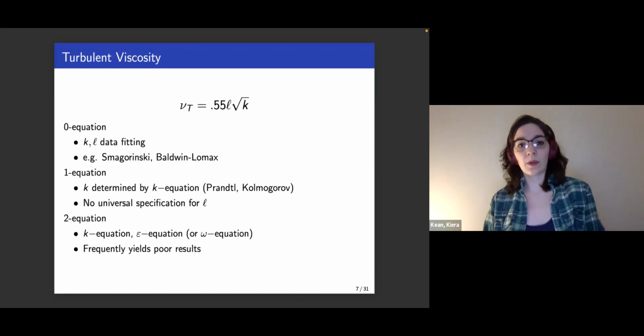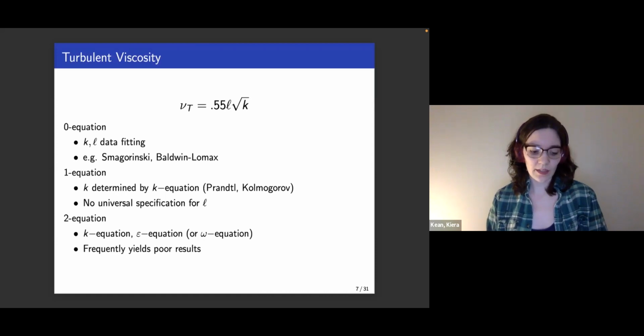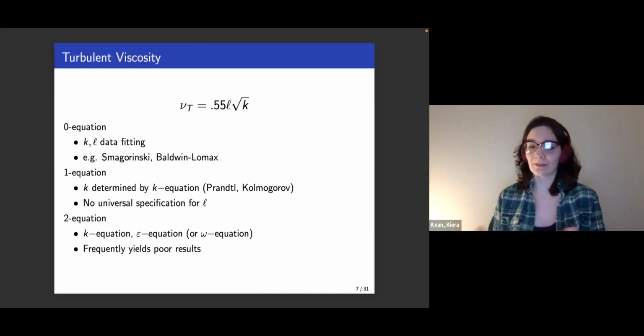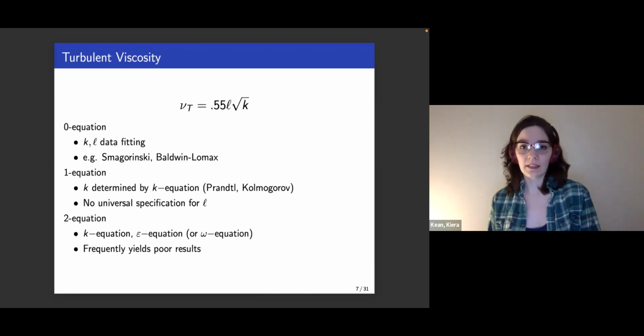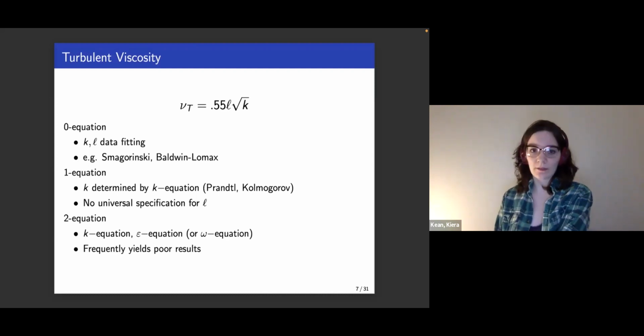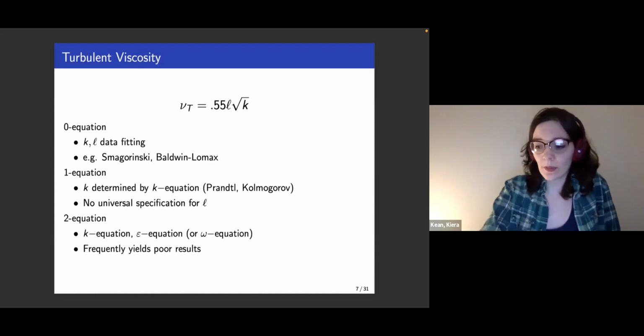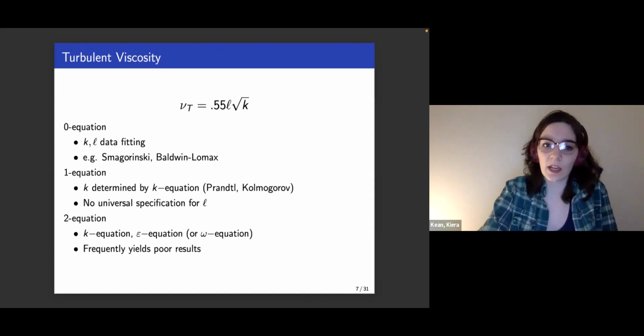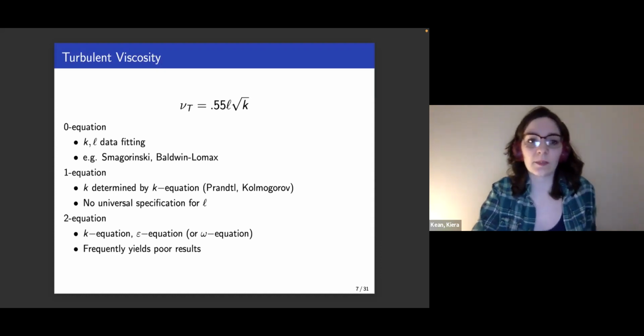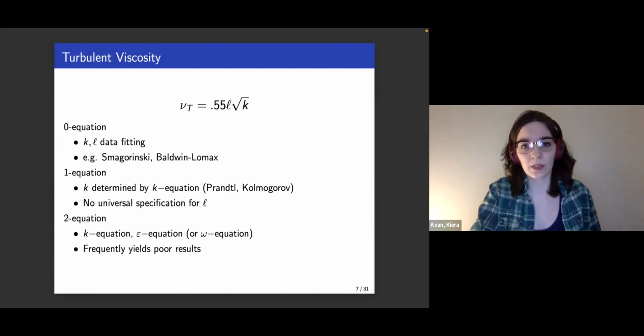So there are different ways to determine L and K. L is analogous to the mean free path for molecules somewhat, but for eddies. And K is how we model the kinetic energy in the turbulent fluctuations U prime. So zero equation models, we can get K and L from data fitting. So that would be something like Smagorinsky or Baldwin-Lomax. And we do see with Smagorinsky, particularly in the presence of boundary layers, that this will over dissipate and drive